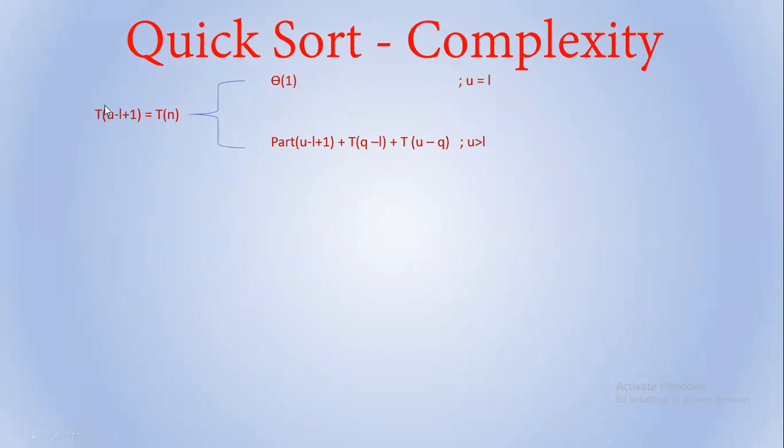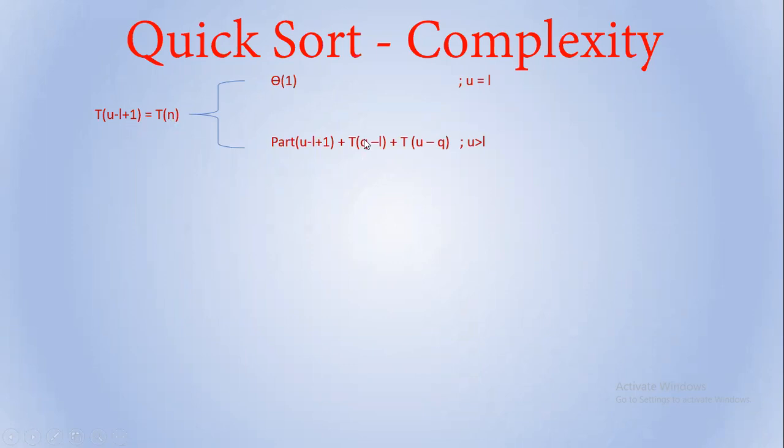That's why the quick sort of U minus L plus 1 will have a partition of size U minus L plus 1, and the first quick sort will have size Q minus L. The second quick sort will have size U minus Q, that I just explained a moment ago. So this is of size Q minus L, this is U minus Q, this is U minus L plus 1. You can obviously see if Q is some value, then each of these two will be less than this one.